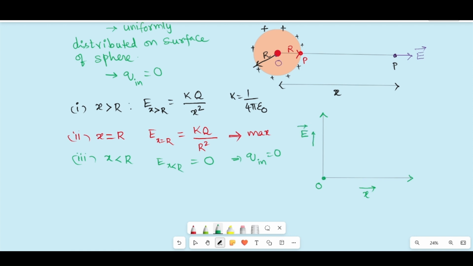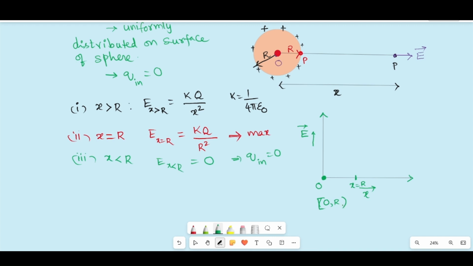At x equal to 0, that is at the center, what is the value of electric field intensity? 0 only. And in the region between 0 and r, less than r, that is the interval [0, r), where 0 is included and r is not included,